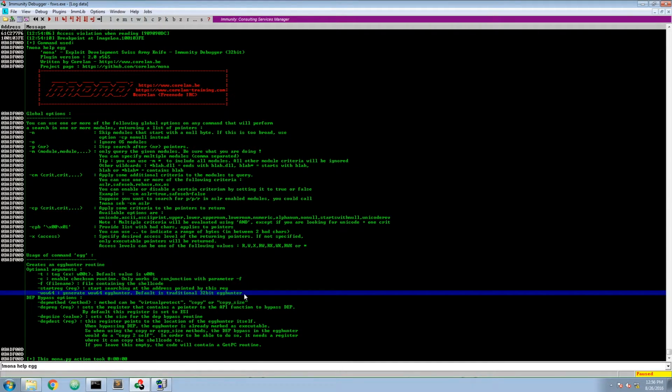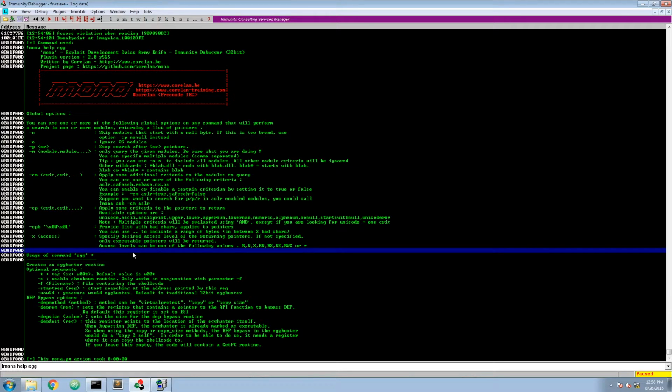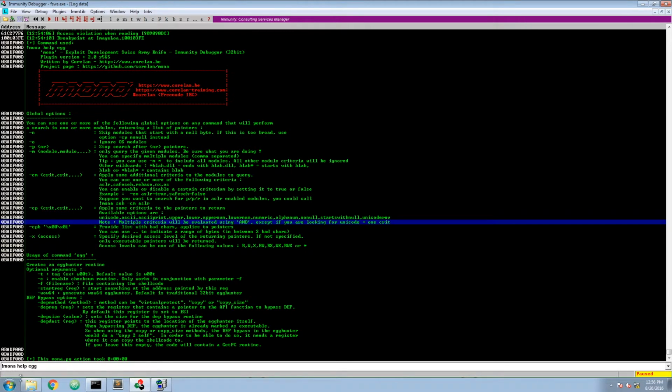And if your target system is a Windows 64-bit system, you should use WW64. If it's just a 32-bit Windows, you don't need any additional parameter. It is important that you know your target system, because the egg hunter will later on make use of system calls to verify if a memory address is readable or accessible or not. And the system calls are handled differently between the operating systems. So if you attack the wrong operating system, your egg hunter might fail and the program might crash due to an access violation.